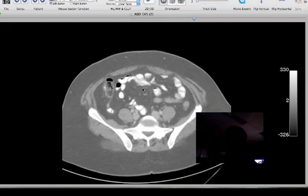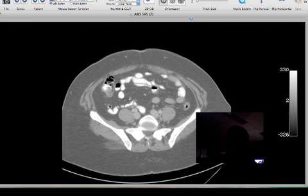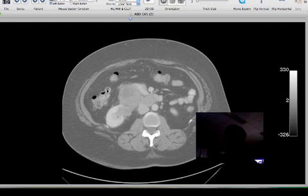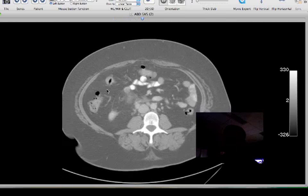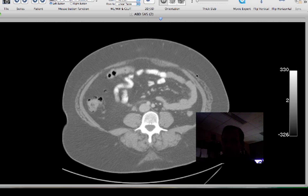Interesting case. Now let's see what else we can get here. We see a nice normal looking appendix. You should start getting comfortable looking at cases and identifying which part of the colon you're looking at. In this case, the colon has a number of diverticula, but you should be able to follow the right colon up to the hepatic flexure, across the transverse colon to the splenic flexure, and then down the left